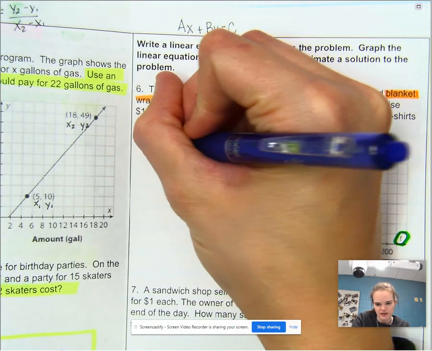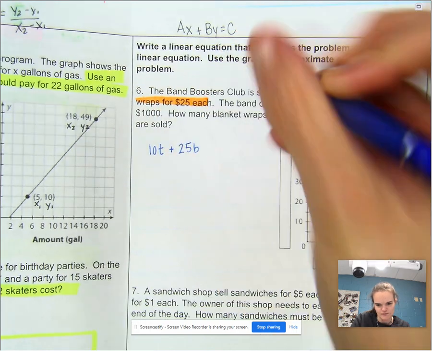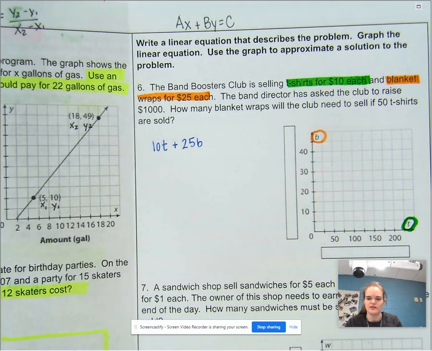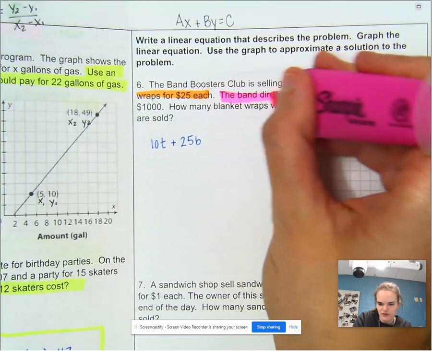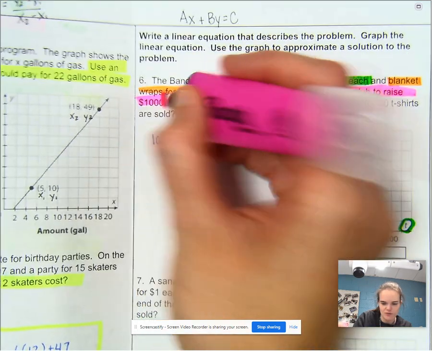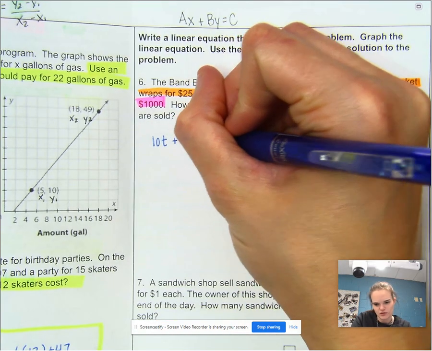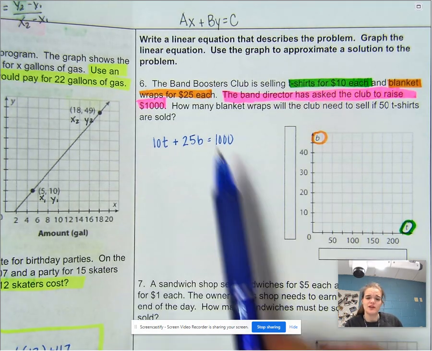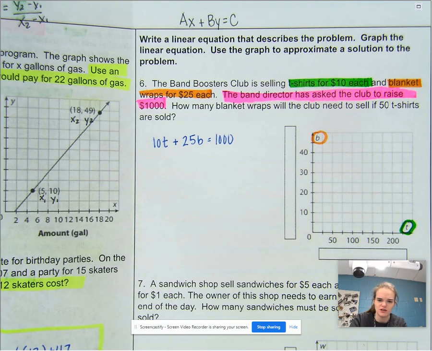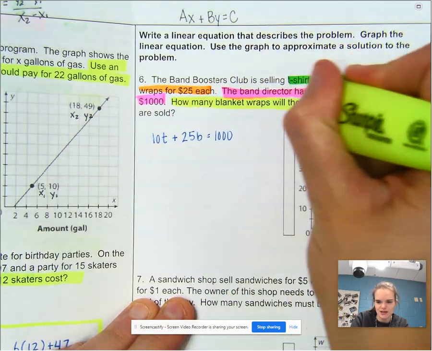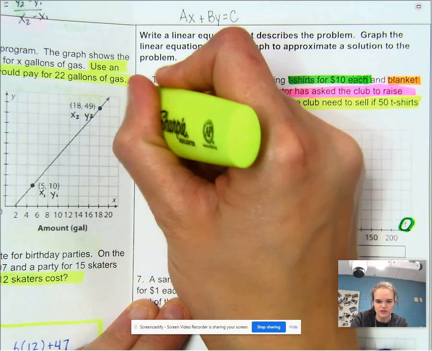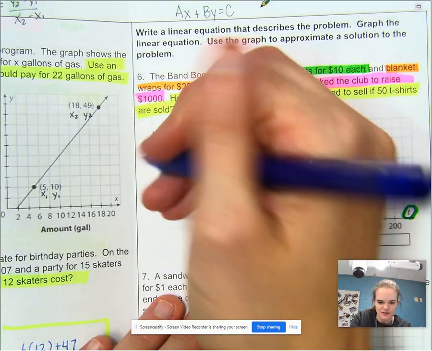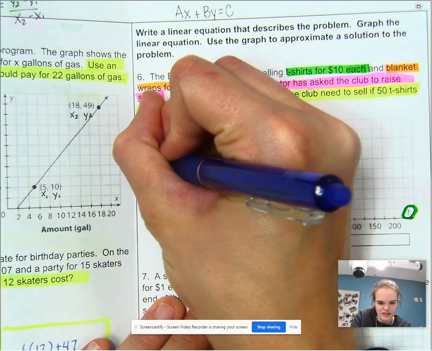So plus 25B. Okay. The band director has asked the club to raise $1,000. They would like this to be $1,000, so that means it's going to be equal to $1,000. Okay, we are supposed to graph this. We will then come back and answer the question: how many blanket wraps will the club need to sell if there are 50 t-shirts sold? Okay, we need to find the x-intercept, except it's not x, the t-intercept